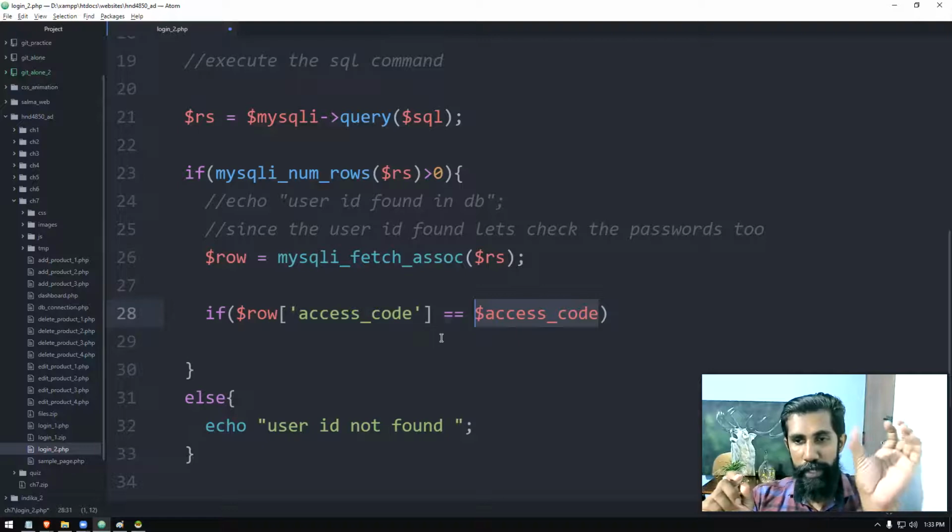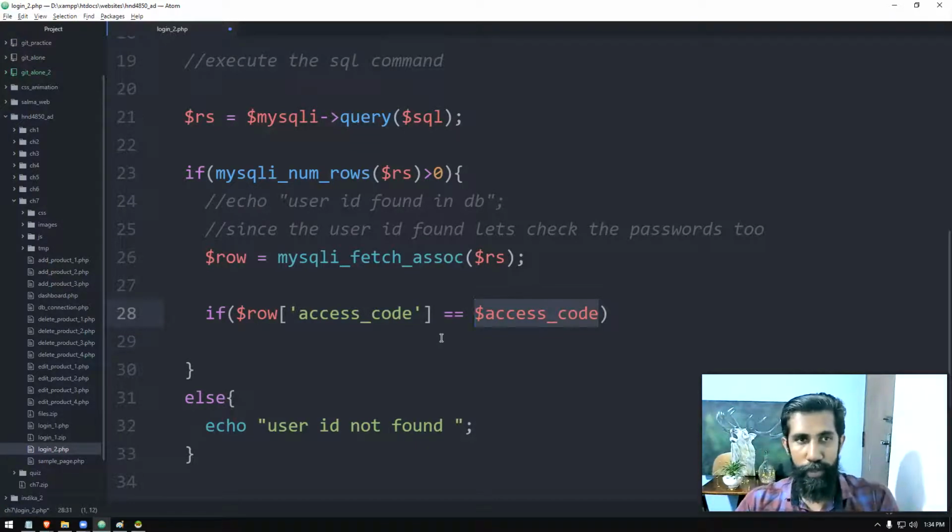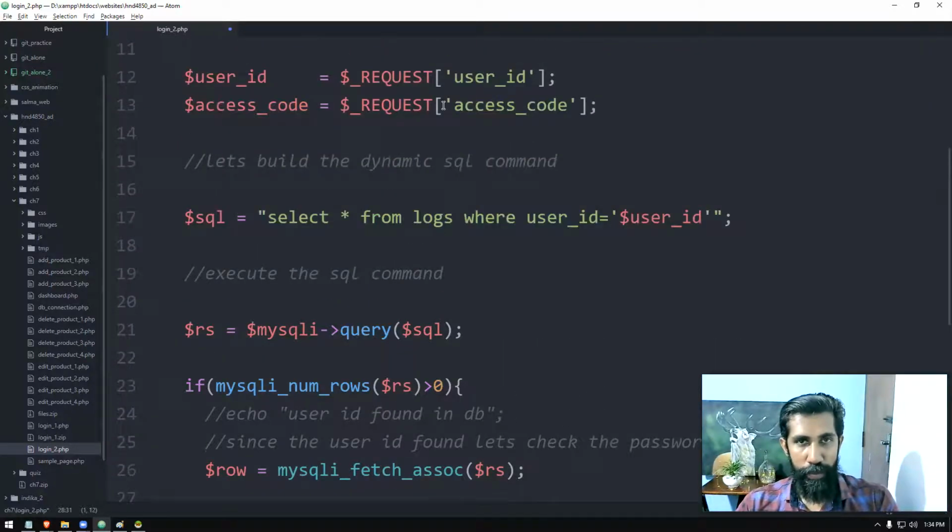We are matching the database password, what is stored in the database under the logs table. There's a column called access code. That value is exactly matching with the access code variable's value. The access code variable's value is coming from the user's input. The user is entering it from the previous page, that is the login1.php file.